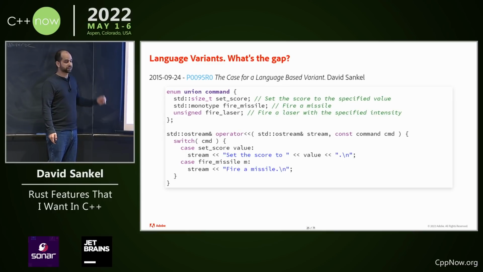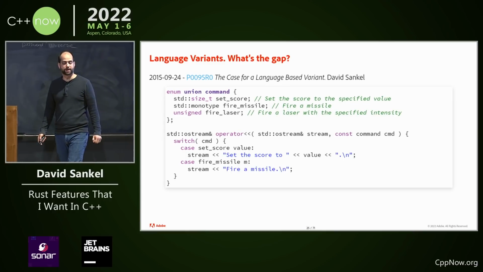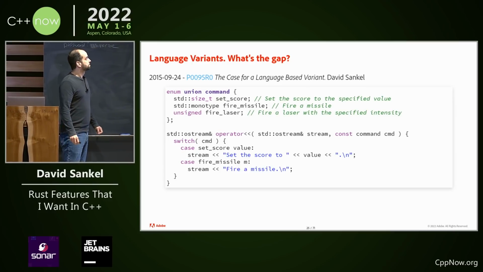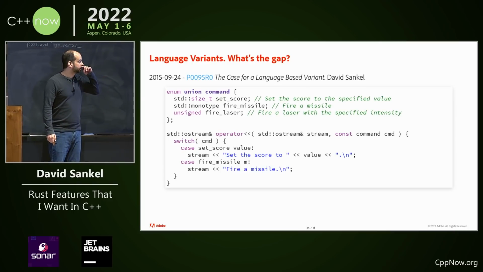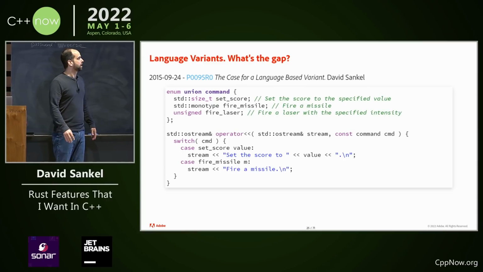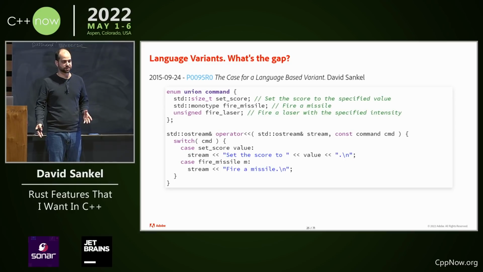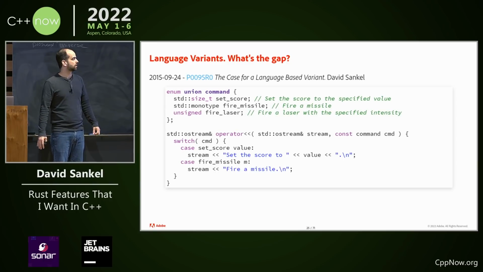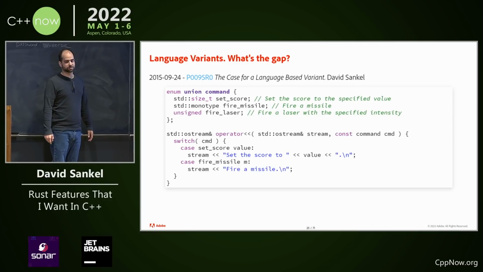So I wrote a paper in 2015. Okay, this is a while back. 7 years, not 5. This is when we were discussing, and we're talking about the gap, by the way, now. This is when we were discussing whether we want to have std variant in C++17. And there was a lot of debate about what the meaning of std variant should be and all that. And I wrote this paper after I thought about it a little bit. I didn't know anything about Rust, and said, like, this is what I really want. So I called it enum union.